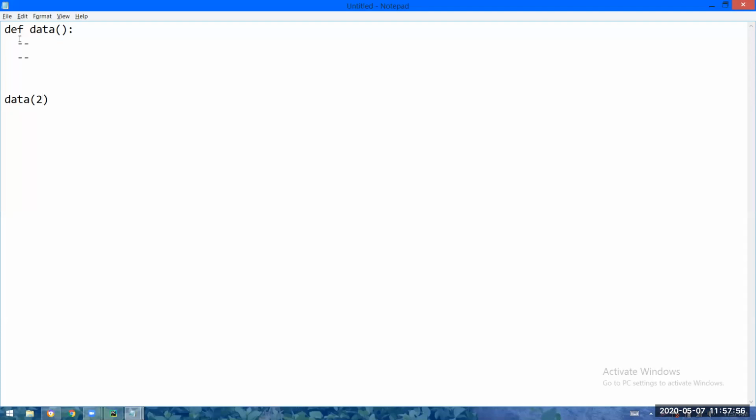Okay, yes. What is the error? We are not passing arguments to data. Yes. In the definition there is no argument, but while calling, you have sent an argument. Yes, that is correct. See, if you are passing a parameter, you must take an argument to hold it. If you give 2, you have to take this here, right? If I give 2, 3, you have to take 2 entities, right?